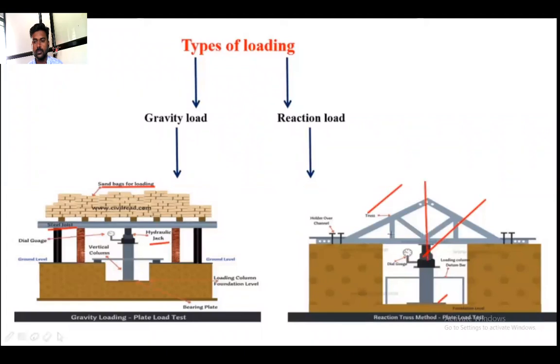The job of this truss or this reaction beam is to counteract that reaction, and then this truss or this beam, sometimes a steel joist, is placed onto the ground by using some supporting arrangement. Depending upon the type of resources you have, you could conduct any type of test. You will see there are different jugaad kind of technologies available. Sometimes I have even seen some digging equipment used to apply the load. That depends, as I said, upon the resources available to you on your site. Okay, this is about the type of loading.